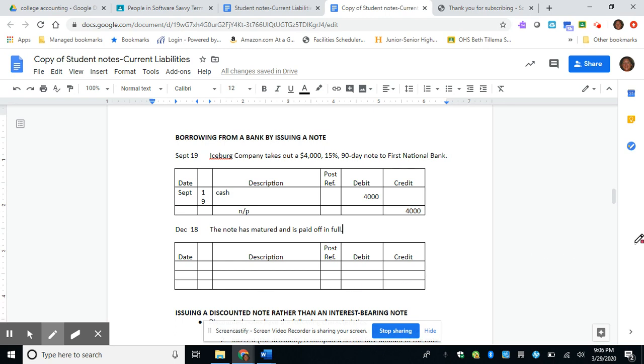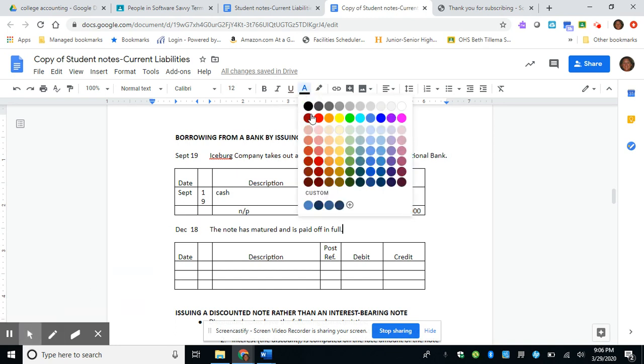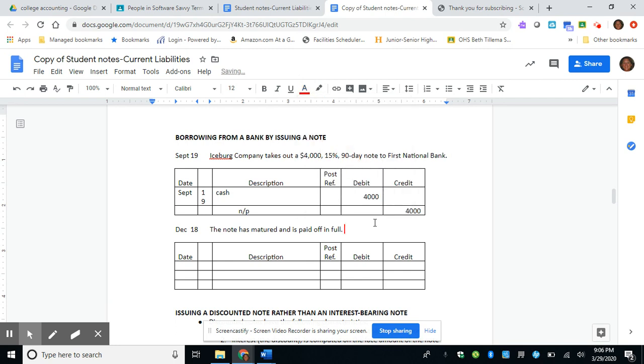So, actually, I'm going to go up here and do it this way since I can't draw too well. I am going to take this $4,000 and multiply it by 0.15, and multiply it by 90 divided by 360, which you guys know is a quarter of a year. So you punch that all in your calculator, 4,000